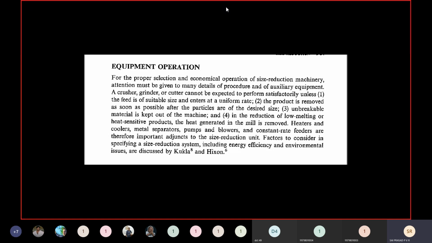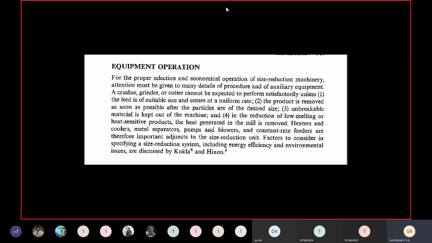But in the case of a jaw crusher, because we are dealing with coarser particles, crushing may be successful and we may be able to catch the bigger particle and then apply the force. So there the efficiency may be more. But as we try to go down, what will happen? Efficiencies are decreasing. And not only that, the most important thing is the sound which is emanated from the system